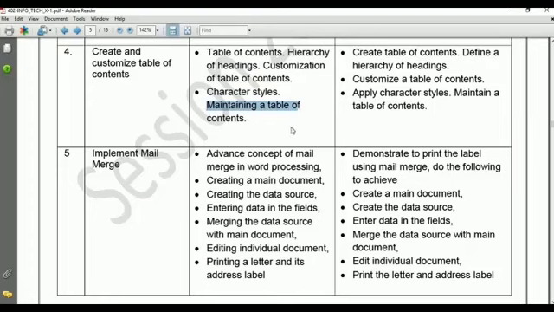These topics are theory based topics, and the same topics are available in practical. Means how we will create a table of content, then how we will define a hierarchy of table heading, then customize a table of contents, apply character styles, means how we can change the size, font color, background styles like this,